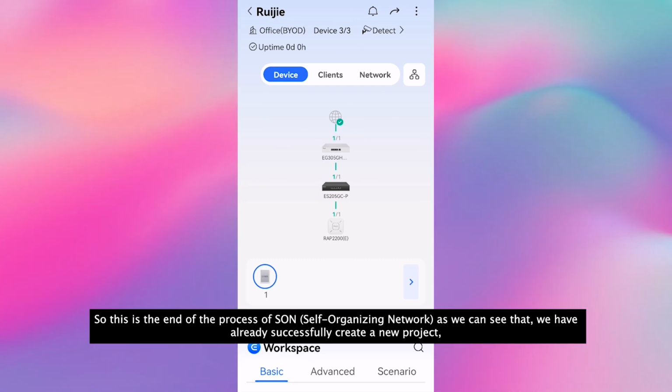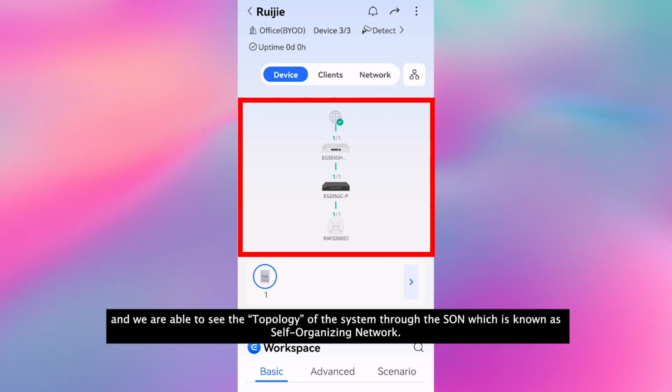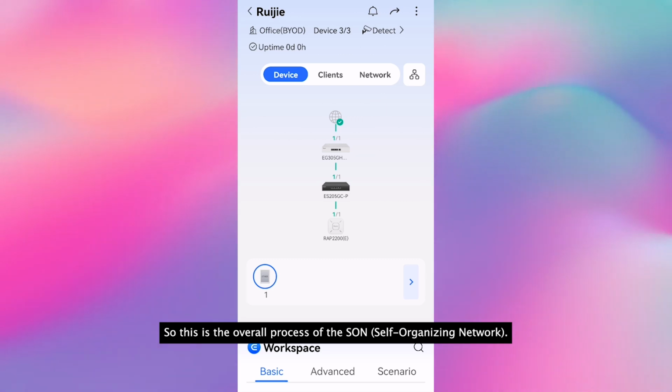As we can see, we have already successfully created a new project, and we are able to see the topology of the system through the SON, which is known as the self-organizing network. So this is the overall process of the